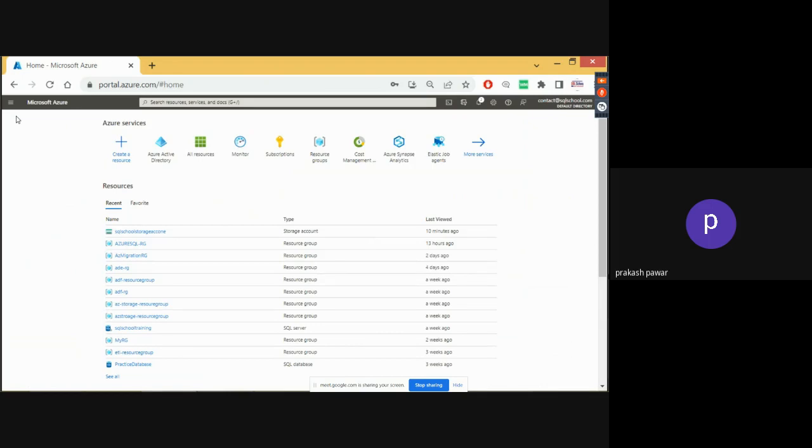For now, we are creating a new user. Yes, you would like to give access to your colleagues or other members, other Azure developers or data scientists or